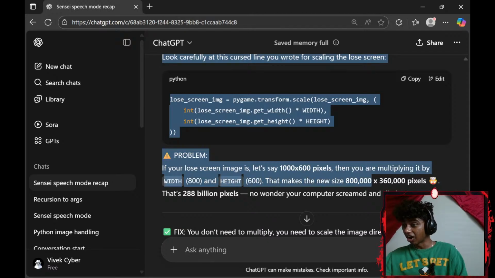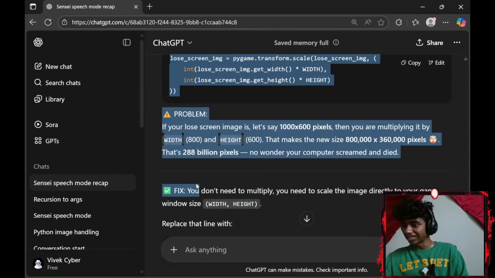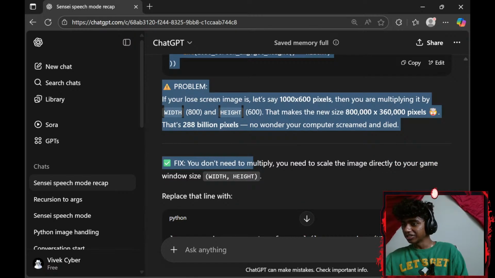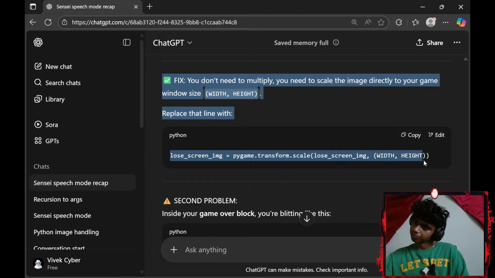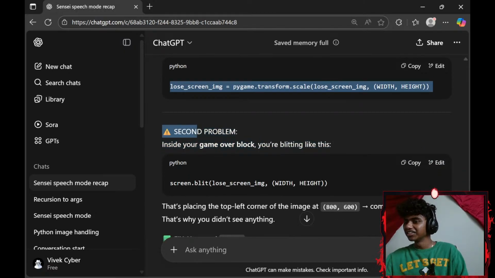That makes it 800,000 by 360,000 pixels. That's 288 billion pixels. No wonder your computer screamed and died. Fix: you don't need to multiply, you need to scale the image directly to your game window size with width and height. Replace that line of transform.scale with width and height. Okay. Okay, and then